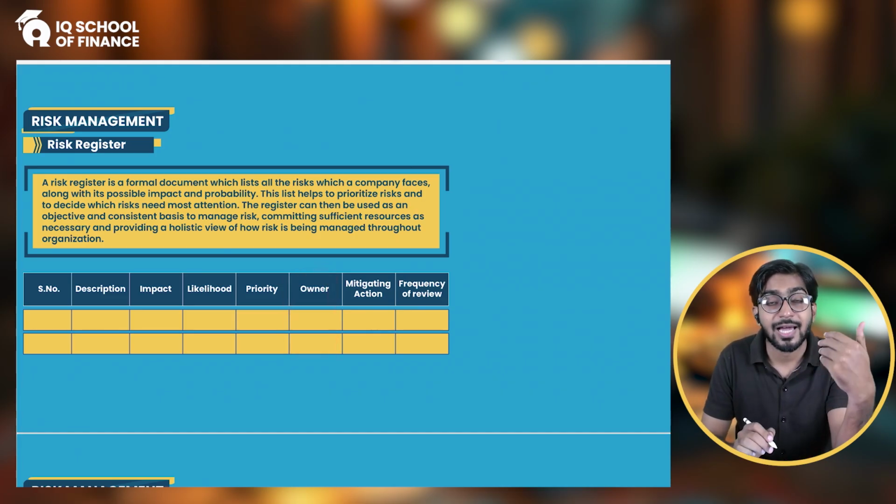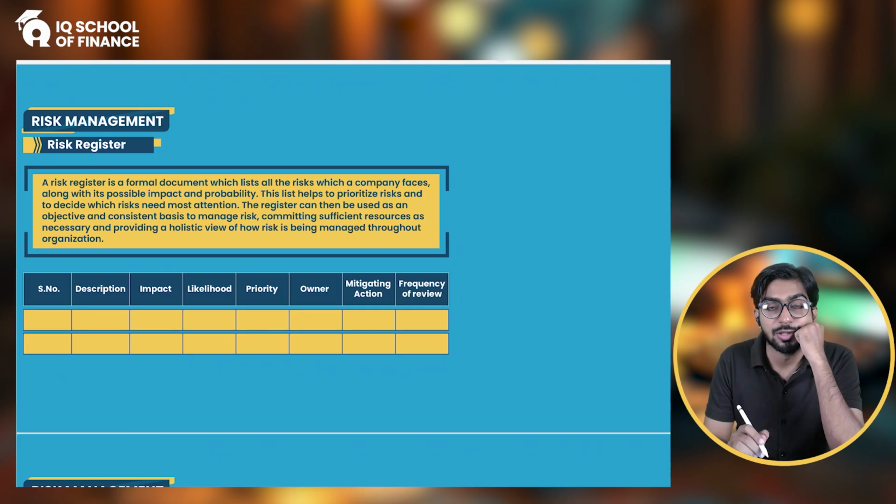For example, if there is an IT related risk, we will make the IT director owner of this risk, or maybe the head of IT. That would be the owner, right? Let's say, for example, there is a risk related to the loss of customers, that the company would not be able to retain its customers. So that risk relates to the marketing director or the marketing department or the sales department. So you are going to make the head of sales or head of marketing owner of this risk, or maybe